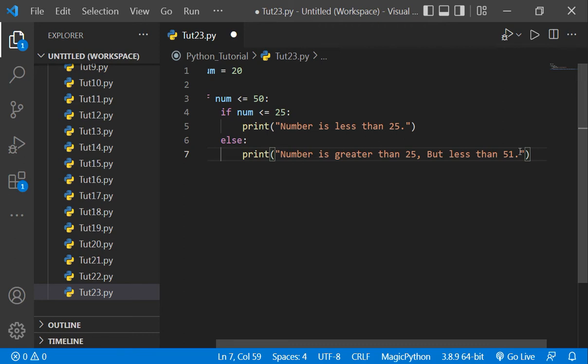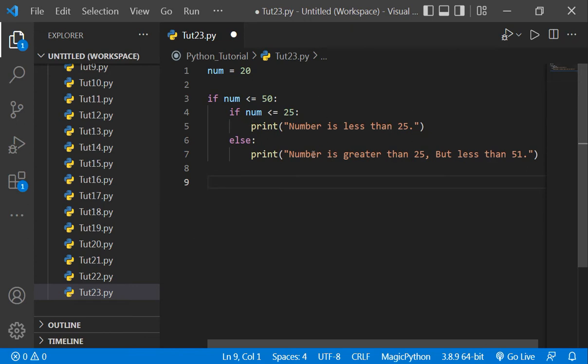Or you can write here 51. That will make more sense. What if my number is equal to 50, right? So we can write here else also. Here, if this condition is false, then only this condition will work. Okay. So here we can write,